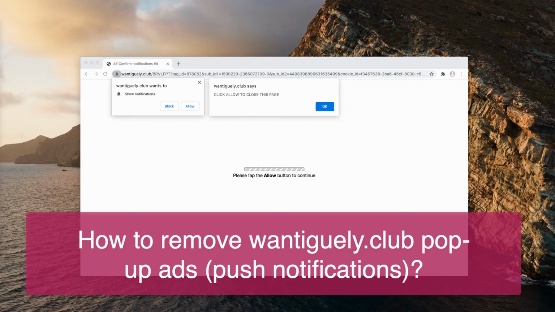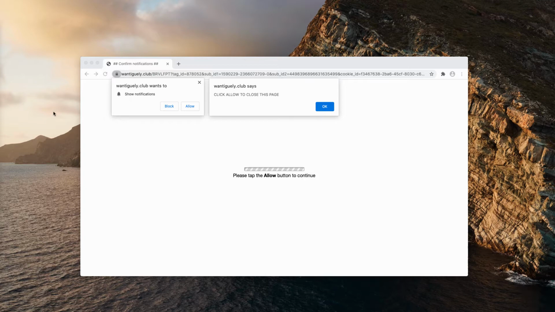Ladies and gentlemen, this guide is about proper removal of Wantiguely.club. This is the dangerous page that tries to infect your browser and to start causing the great number of